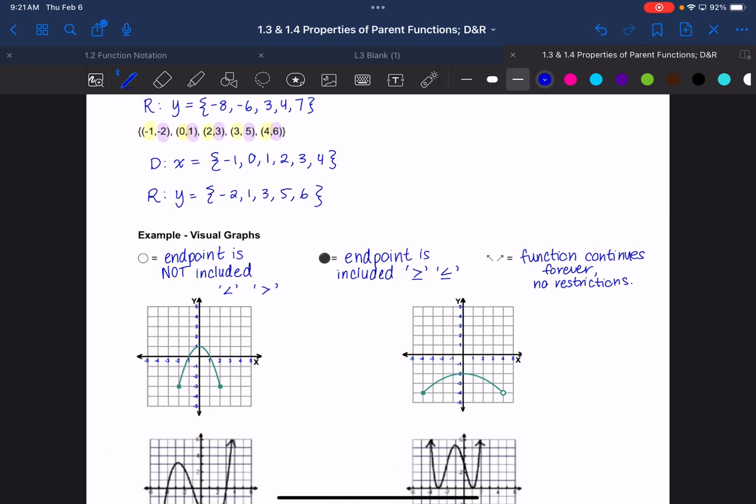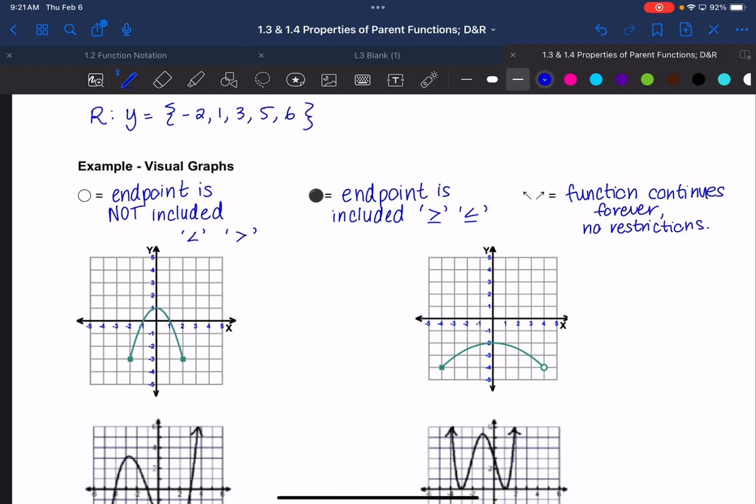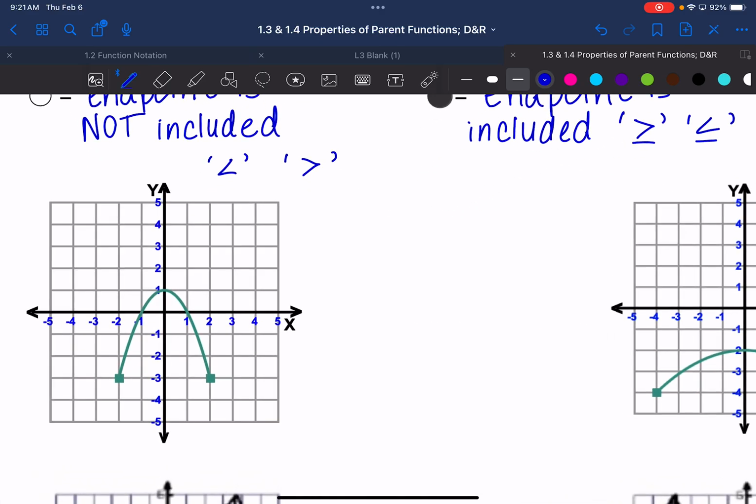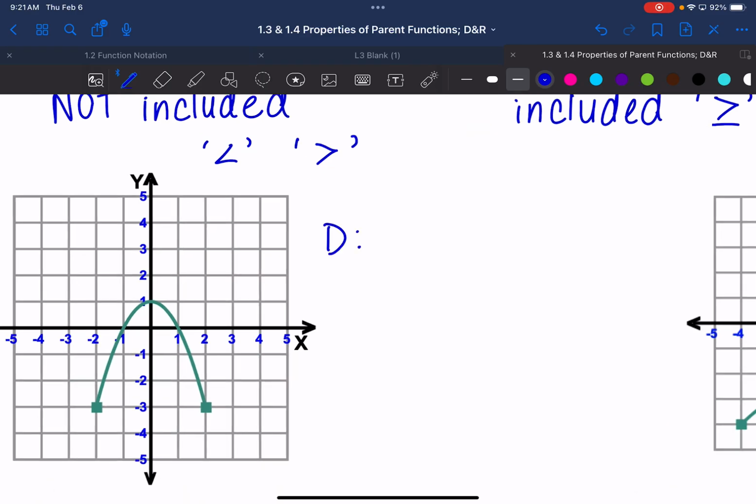So we're going to practice this. Even with my first one here, it looks like I've got 2 closed circles, so both endpoints are included. If I want to think about domain, I'm going to look at what my x values are allowed to be. Even if you want to draw colors and almost box it, it looks like I go from here to here. I'm stuck in that domain, where all my x values will fall between those 2 values. So I'm going to describe that as x ∈ ℝ